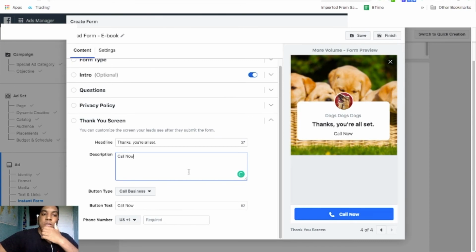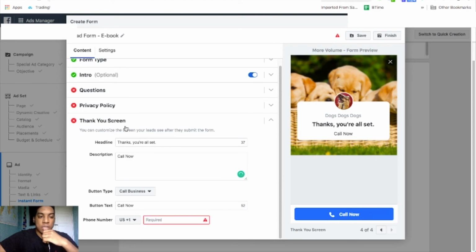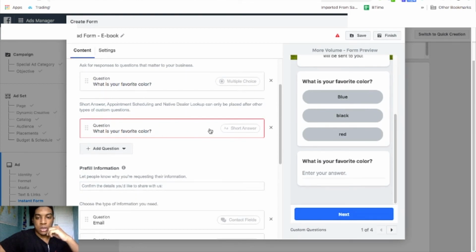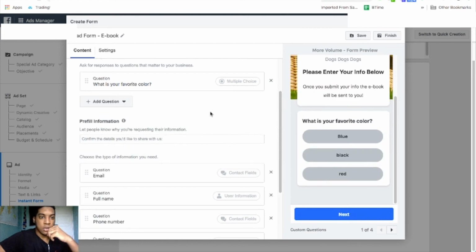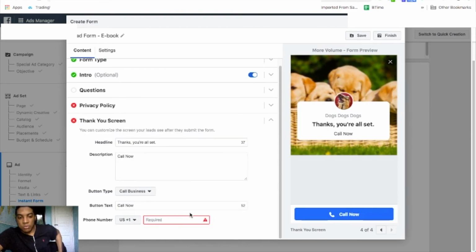Now, I want to make this a decently short video so that you guys can see exactly how to, oh, sorry, it's saying that I'm missing something. Oh, sorry, because questions, what's wrong with this question? Sorry, it's a duplicate question, right? Privacy policy, I didn't put anything in there, and then thank you page, I didn't put an actual number. But that's pretty much it. That's all you need to know from this